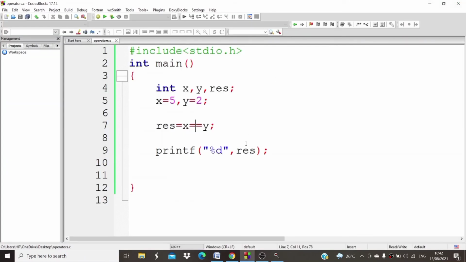So these are just simple examples for relational operators. I hope, guys, you understood all the operators. Step by step I am telling. So this is today's section on relational operators. If you need, you can check any other condition and you will get the output easily.